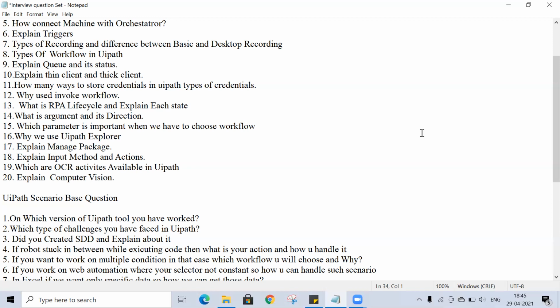The next thing is you have to spend at least 1 to 2 hours daily on your project. That will help you keep consistency with the project and your knowledge as well. So guys, the last tip is that your hard work is very important. Hard work, continuity, and dedication towards your goal. This is very important.